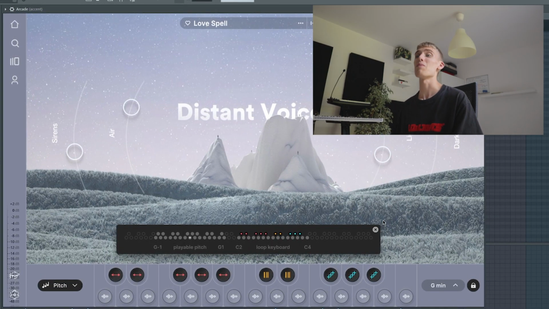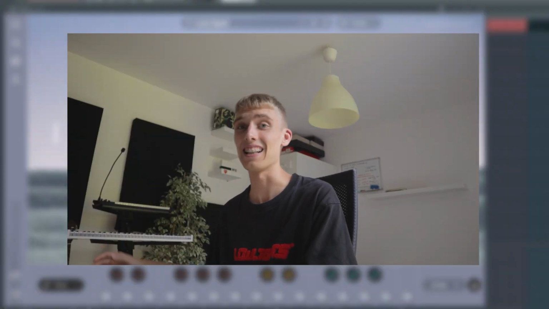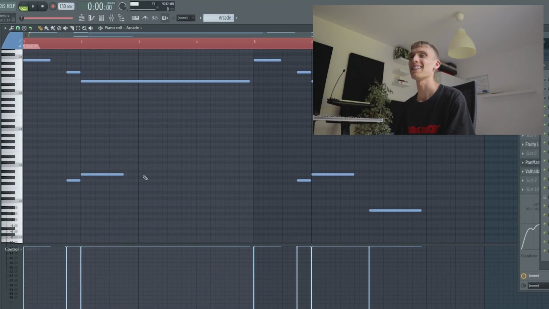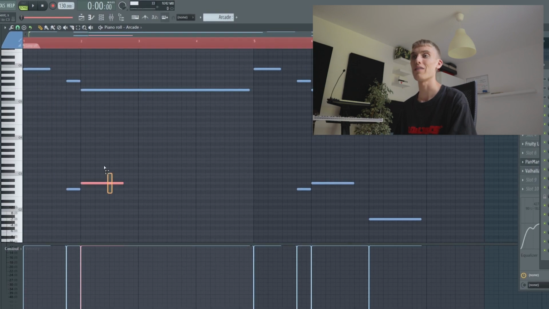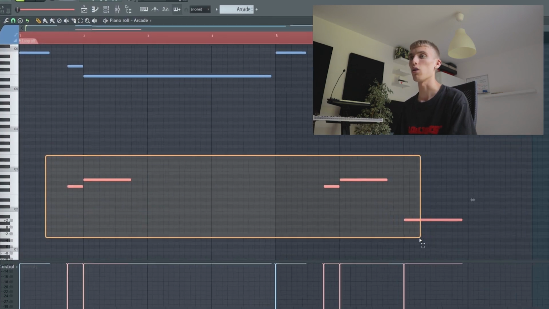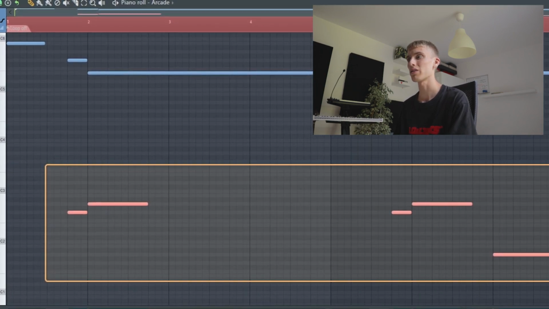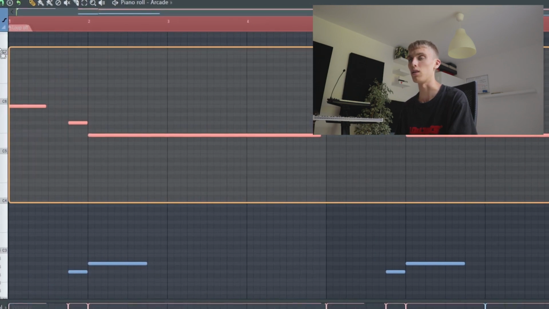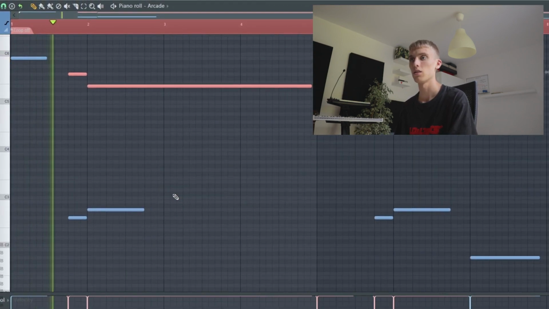This is not exactly what Palace showed us. I'm gonna get to that later in this video. So how it works is you can basically easily change the pitch of every arcade phrase with lower octaves. So these lower notes right here change the pitch of those upper phrases. So